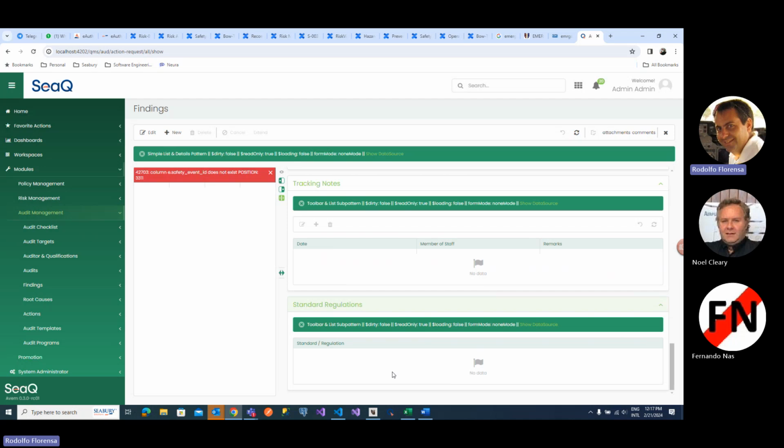Then some tracking notes and some reference to the standard regulations associated to that particular item from where the finding came up. Remember, a finding comes up during an audit execution when we are answering